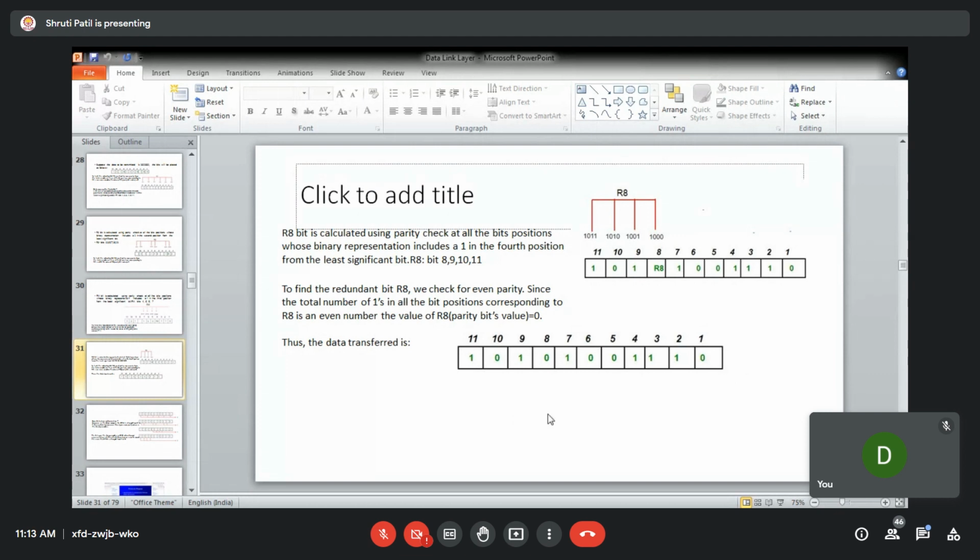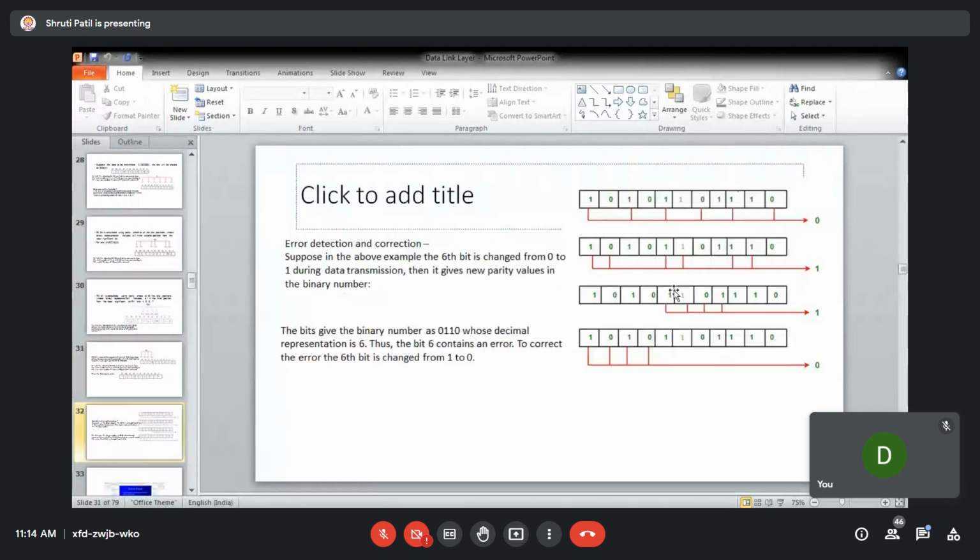So instead of 7 data bits, now you are sending 11 bits, where the R bits are the redundant bits and 7 are the data bits. Okay, so this is how the Hamming code will create the data. This is transmitted, and at the receiver end, say for example, this is the received data.